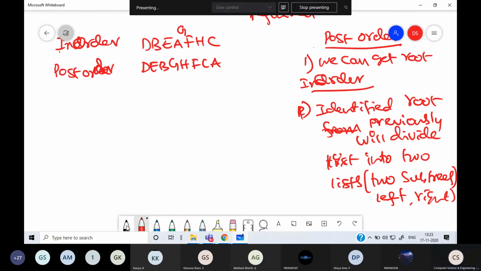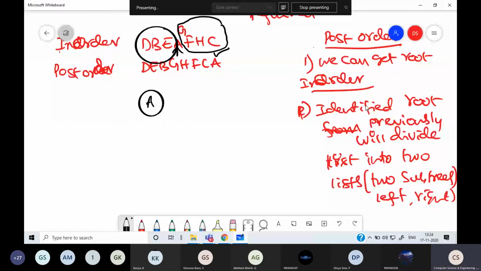So first, if I take these two traversals, A is the root here, because in post-order A is the root. In the in-order traversal, there is a left subtree and there is a right subtree.